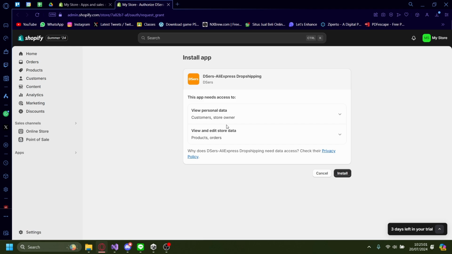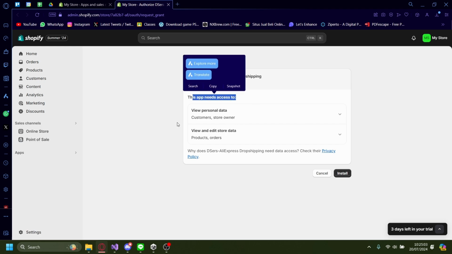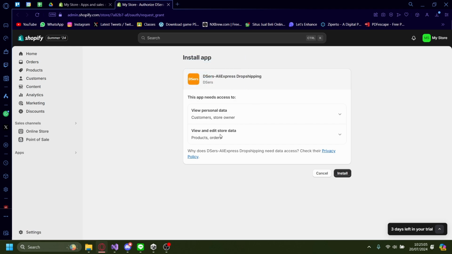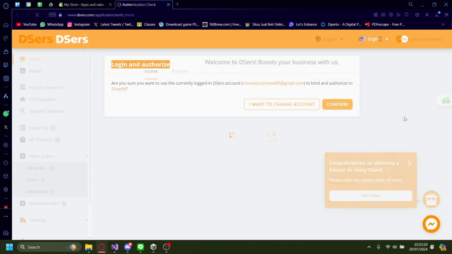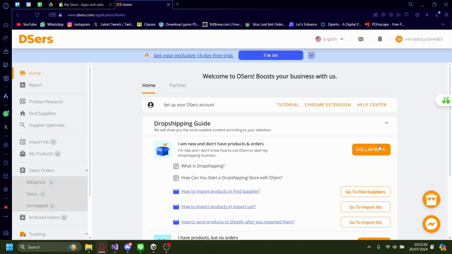From here, you can see what the app has access to. Like you can view personal data, or maybe you can view and edit store data. Nevertheless, let's install. It'll prompt you to log in and authorize. So let's just confirm that. Great. Now that you have logged in and you have authorized, the way you can add products is by going